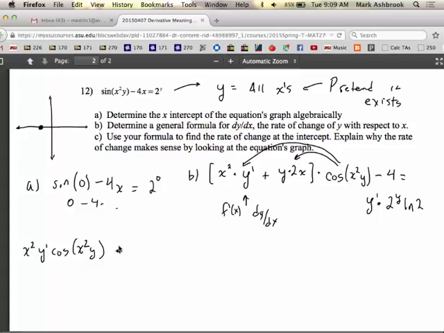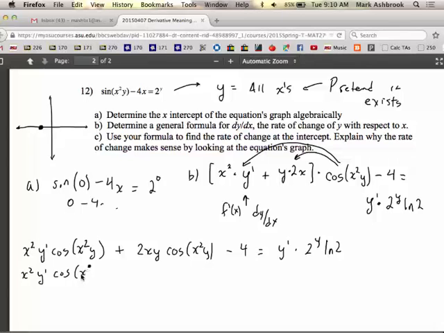Then plus 2xy cosine x squared y minus 4 equals y prime times 2 to the y ln of 2. So now we've got 4 terms. First of all, multiply everything out, get your 4 terms, and then everything that has a y prime I'm going to move to the left side. Everything that doesn't, I'm going to move to the right. So I'm going to have x squared y prime, I'm going to keep this on the left. And I'm going to move this to the left, so it's going to be minus